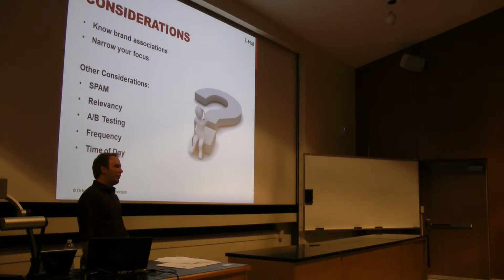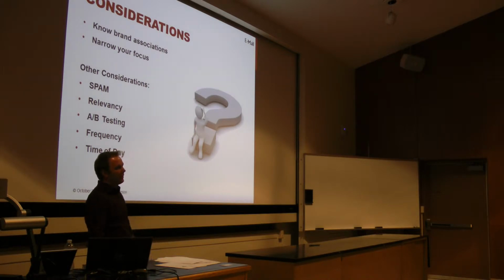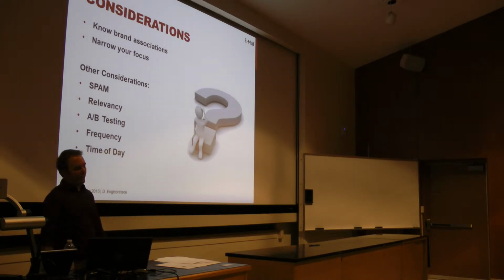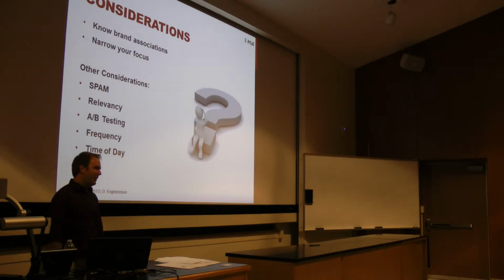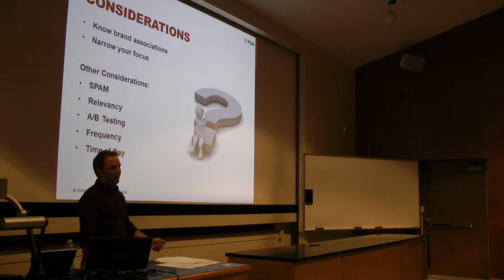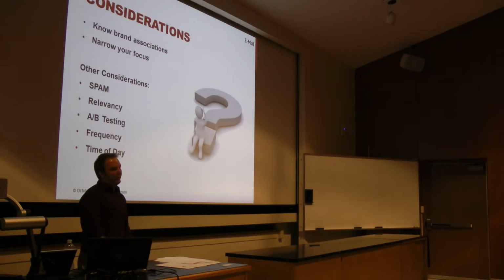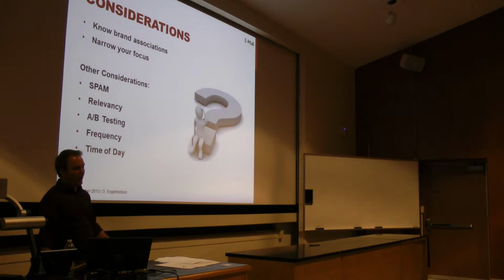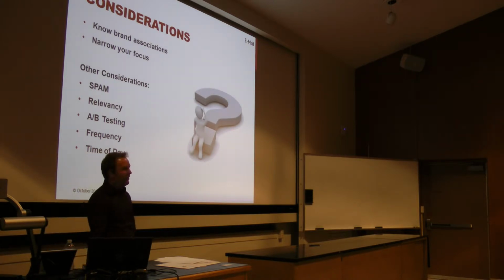There's like 7 pieces of criteria that make you spam, and if you don't meet all the criteria, you are spam. So before you start engaging and emailing, make sure you're not spamming. Otherwise, next thing you know, you might be getting fined. So no fun. Make sure you're relevant. Make sure what you're putting in your email is relevant to the person you're emailing. So if you're emailing Wake Forest students, make sure you're talking about Wake Forest and the Wake Forest products and Wake Forest things that Wake Forest students care about.